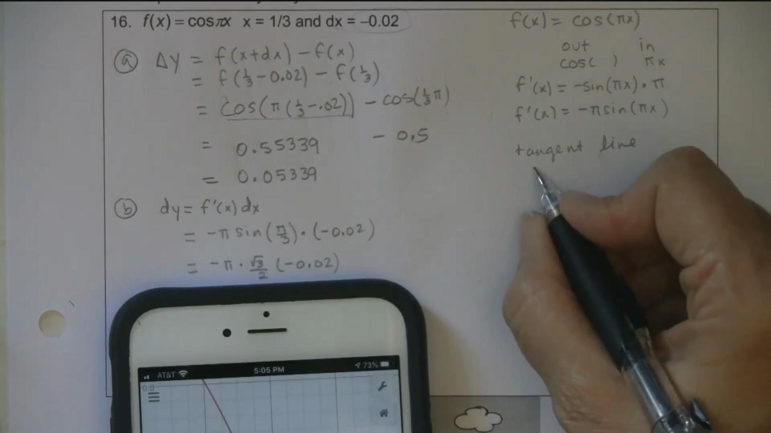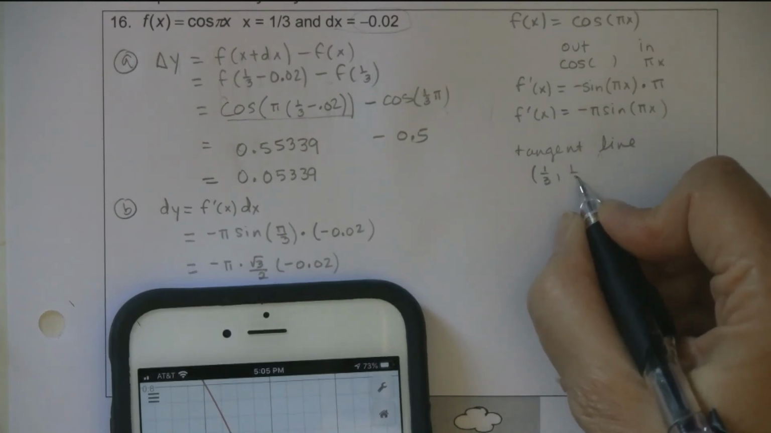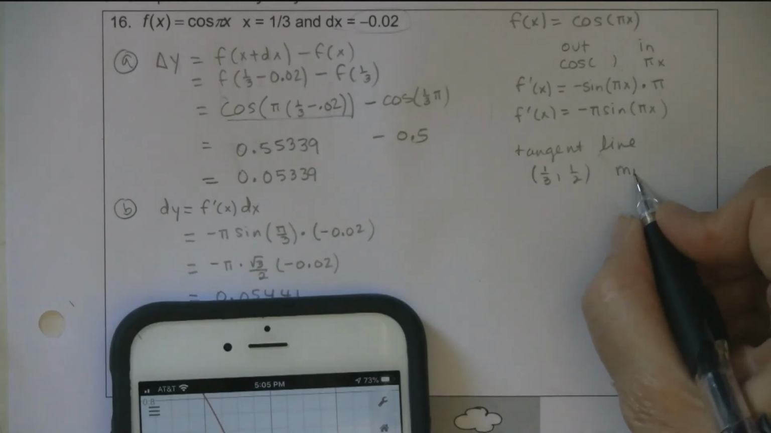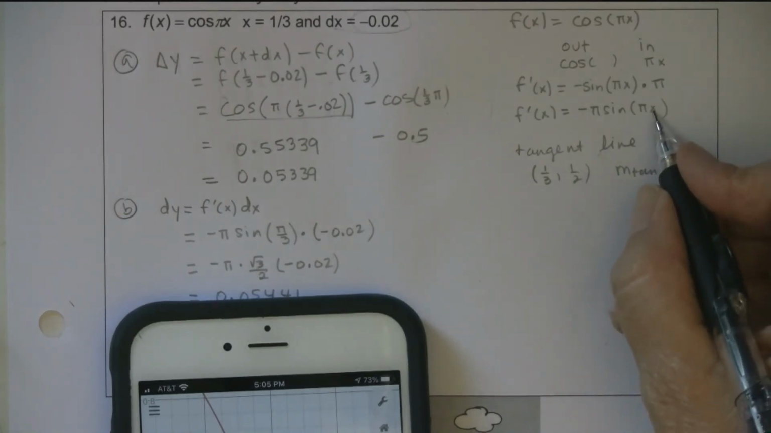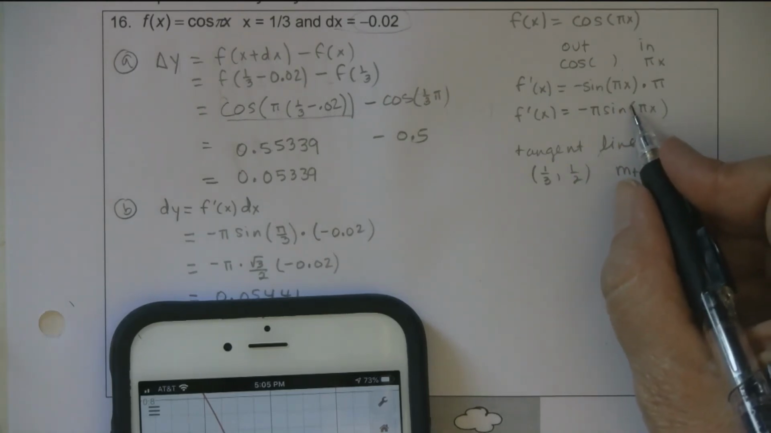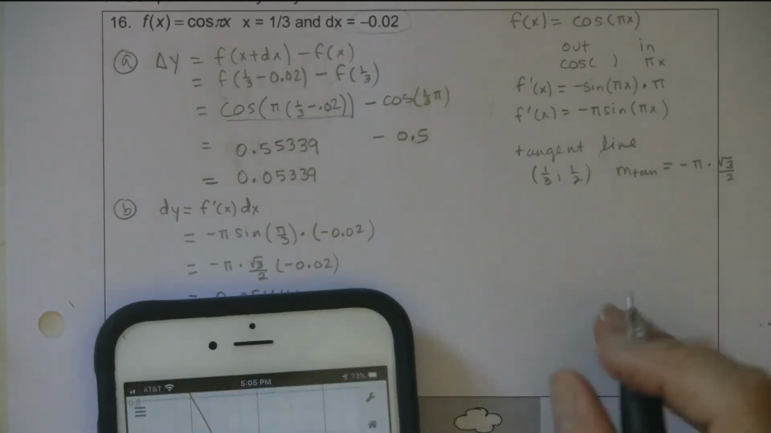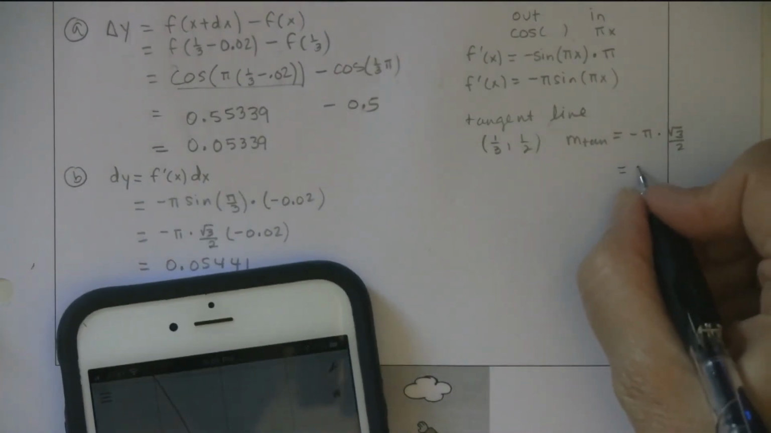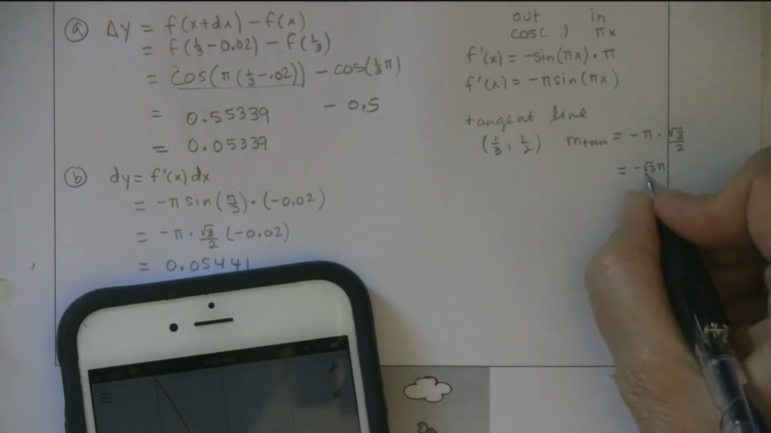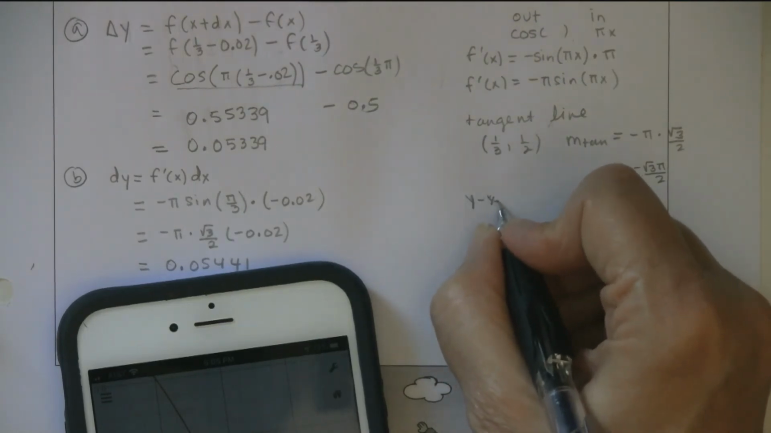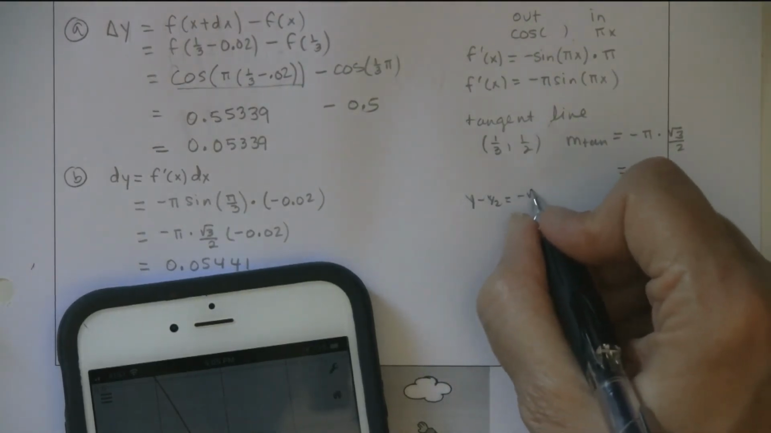So I want to find the tangent line at 1/3, 1/2. The slope is the slope of the tangent line. If you put in 1/3, remember that was the square root of 3/2. So this is negative pi times the square root of 3/2 as my slope. What a value, huh? I'm going to write that as negative square root of 3 pi over 2. So my tangent line, y minus half, equals this terrible slope